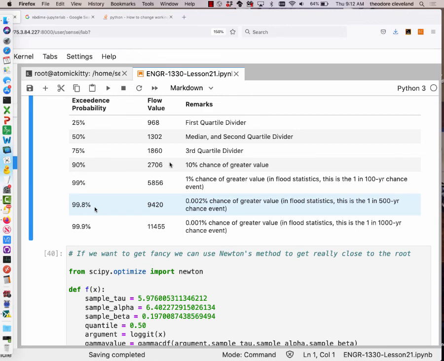We could go even higher. So the 1 in 500 year chance event, there's no common stipulation of that in the U.S. And then the 1,000 year event, I think, is what is used in the nuclear power industry in the U.S. So it has to survive that. So in the case of this Beargrass Creek, it would have to survive 11,455 flow units, whereas the biggest one we saw was 5,000 in the data. That's very unlikely to happen, but we have departed the world of whether something is physically possible to whether something is